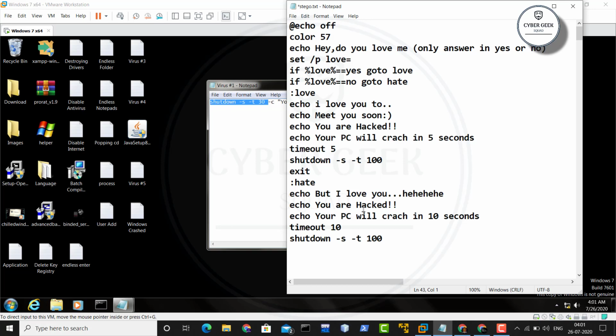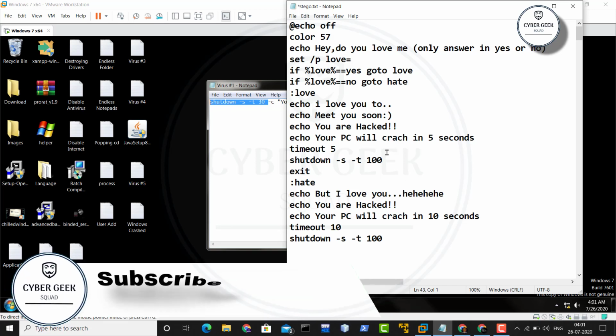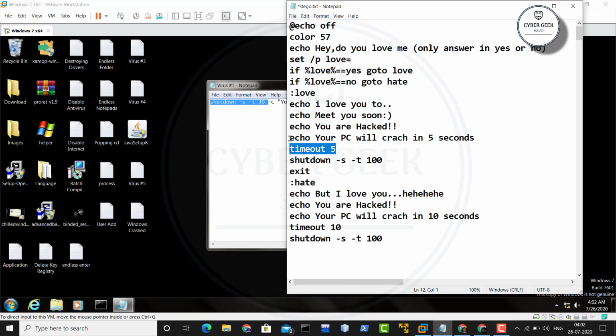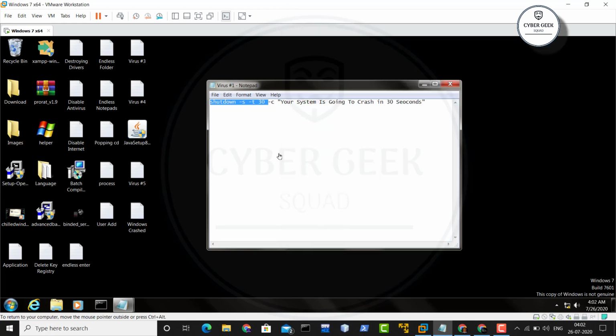To be messy, what we did was that even if you type yes, your system will be shut down, and if you type no also, your system will be shut down. Okay, so that's what we did. And what was the command over there? You can see the timeout over there, echo your PC crashes in 15 seconds, and we gave a timeout command. This is basically the same command which you can see in our own script. If you mention timeout over there, they are going to get a timer which will tell them how much time they have. Okay, so this is how it used to work, and that's it.